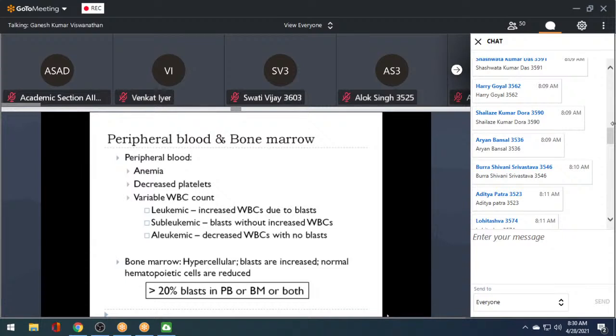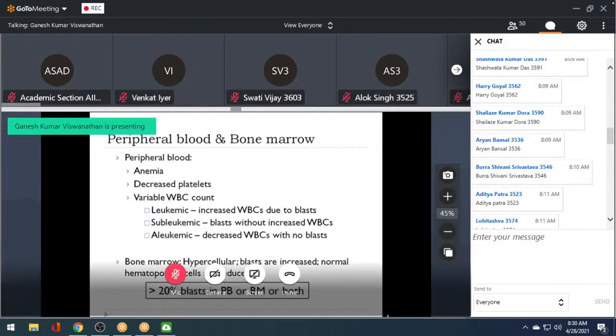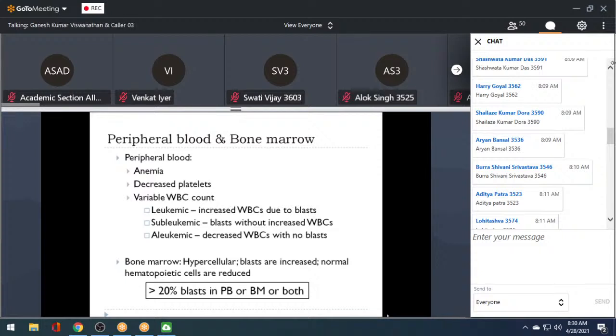When we examine the peripheral blood, one is anemia and thrombocytopenia, which we normally see by doing a routine blood examination. The WBC count can be, depending on